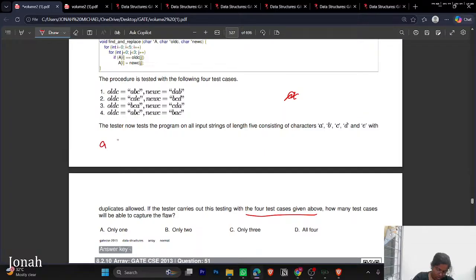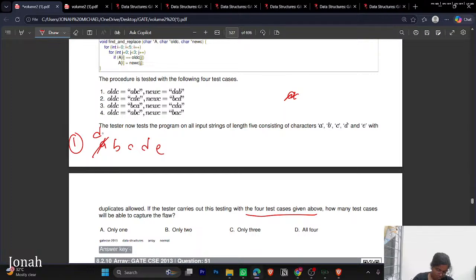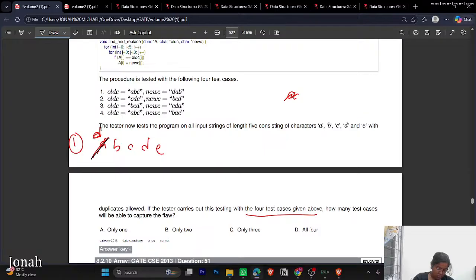Okay. A, B, C, D, E. We are seeing the first test case. Okay, instead of ABC it should become DAB, A is A. So it becomes B. D is B. It becomes A. C is C. It becomes